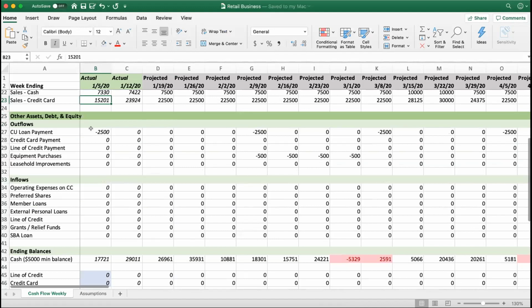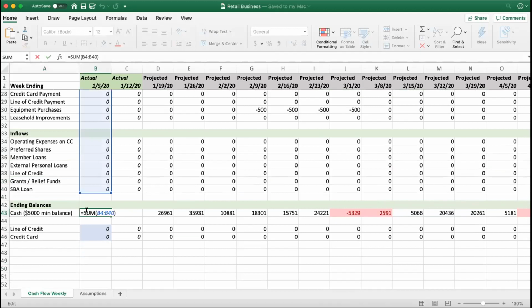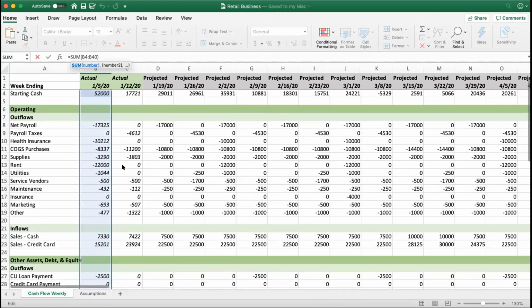Moving down, I've got some more outflows here. Again, everything just depends on the particular use case. You can always add things, like if you've suddenly got a member that says, I've got $5,000 I can put in, I will loan it on a temporary basis, then you can put that in, but if you don't know you've got it yet, that's fine. I went ahead and put SBA loans and grant relief funds, because these are things that you might already know you're going to be pursuing. And as you plan, you want to be able to plug them in and see, if this plan works, how will that impact our cash flow? And then this all calculates the ending cash. You can see it's just a sum of the starting cash, the inflows and the outflows.